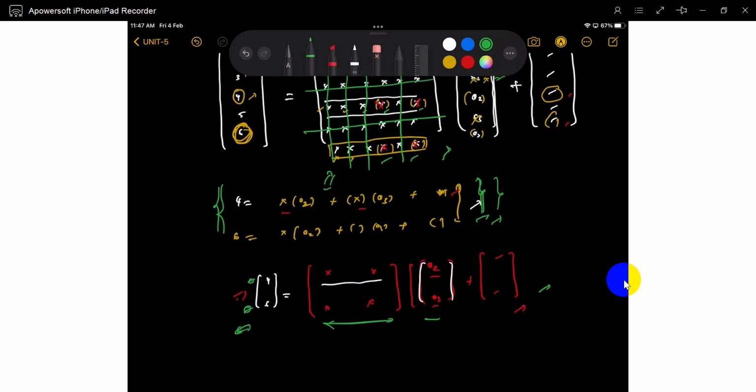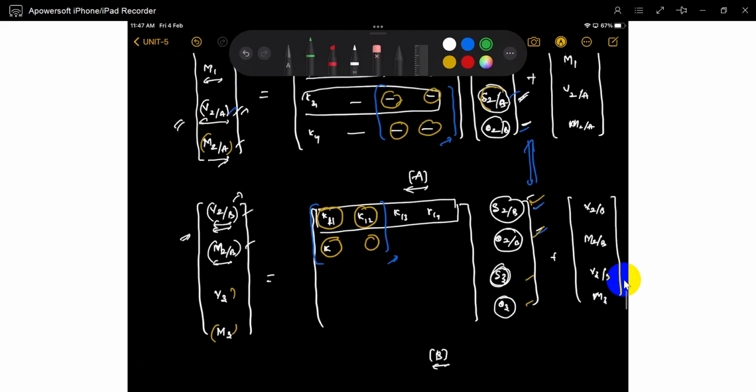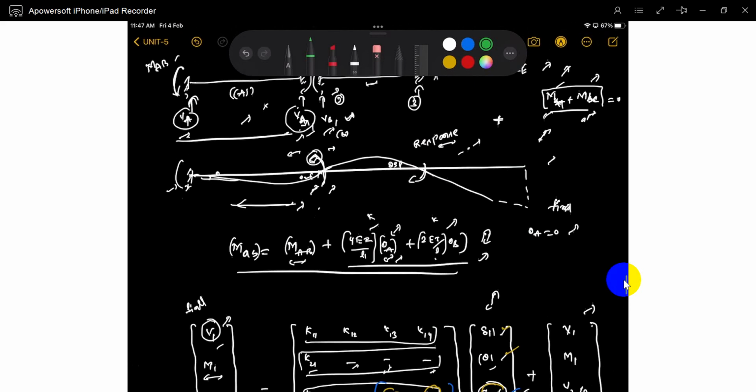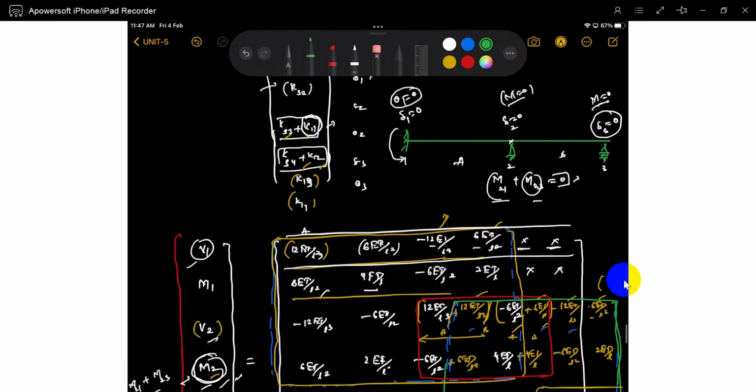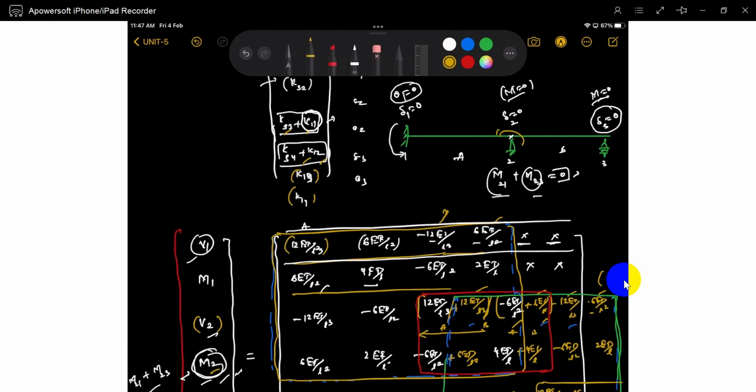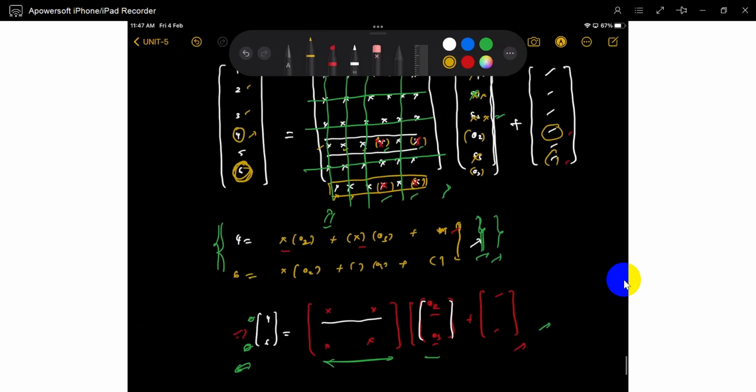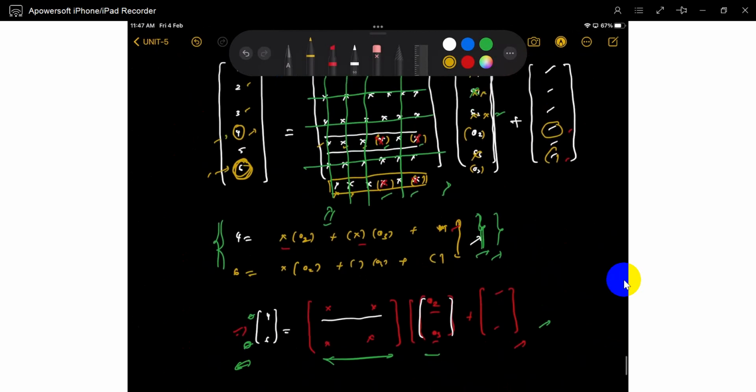Sir, every time these are zeros? No chance. So when is it no chance? If any concentrated moment is acting at the support, say a concentrated moment of 100 is acting, that value will come directly, this M2. That concentrated moment will act. If there is something, 50, a concentrated moment, the final end moment is 50 only, na? So those will come. So every time these are not exactly zeros, but every time these are known values. Not only 4 and 6, something based on the